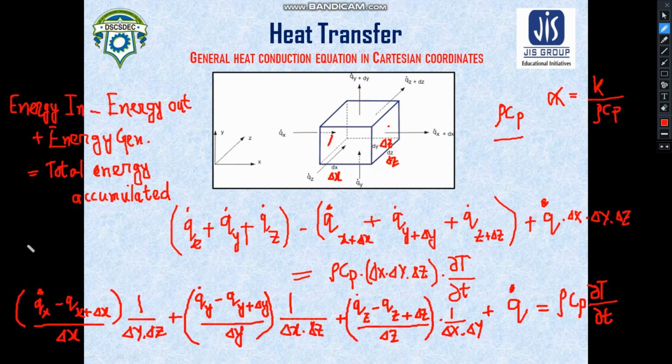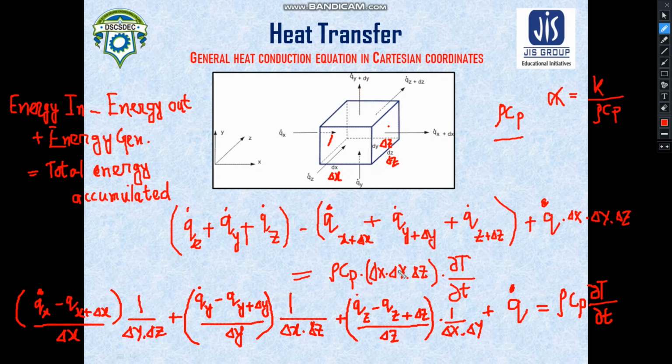Referring to this equation, you can see that we have written here the energy input quantities or the energy influx, and here we have written the energy efflux or the energy which is going outwards of the system, and this quantity refers to the energy generated or the thermal energy which is transferred into the control volume because of the presence of heat sources such as electrical heating or nuclear fission or ohmic heating. And this is the rate of energy change, or we can say the total energy which is accumulated within